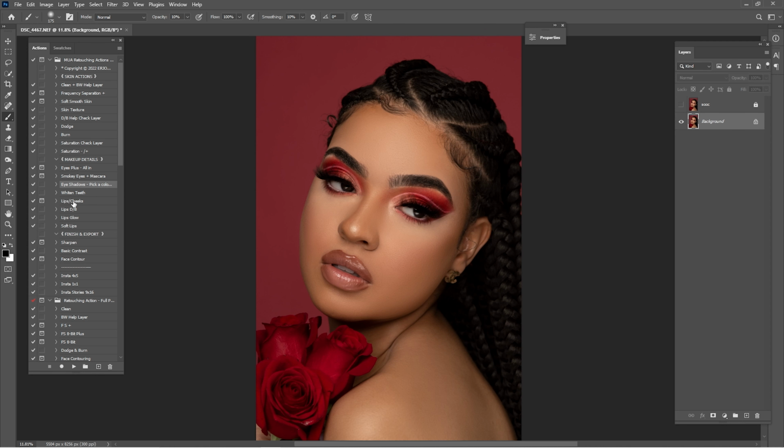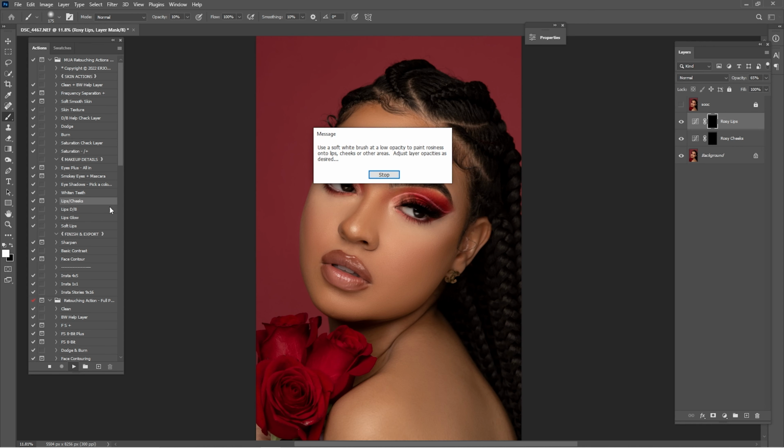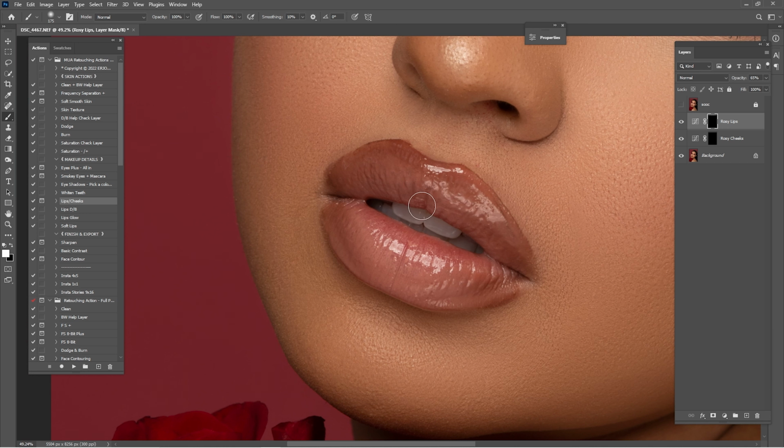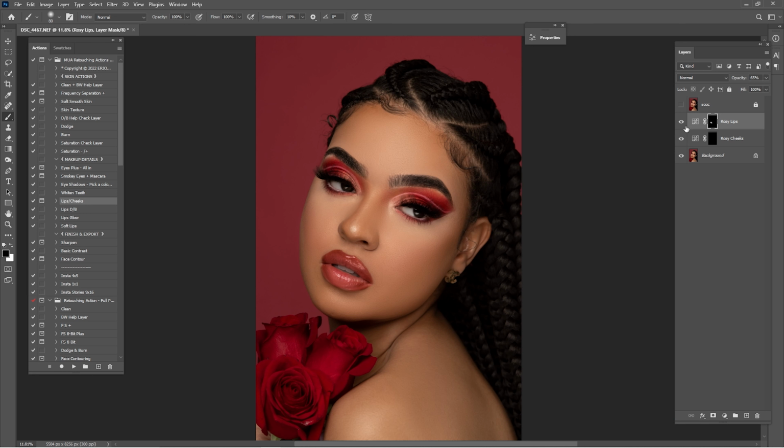and click here that says lips and cheeks, click play, and I'm gonna use a white brush and 100% opacity and just gonna paint on the lips just like that. Be careful because you don't want to paint outside the lips like I did this time, but I'm gonna remove that color outside the lips because it will not look that good. Now let's just check a before and after, and I think that, oops, sorry, they are looking really nice, but